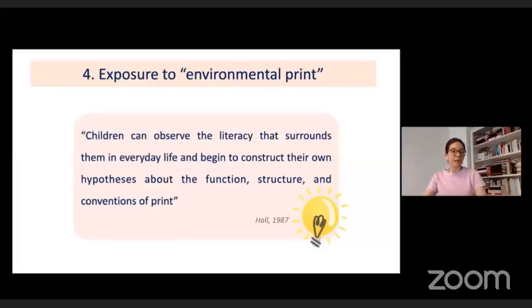And finally, exposure to environmental print is very, very important. Children can observe the literacy that surrounds them in everyday life, like birthday charts, the weather charts, mood charts, signs, labels, and they begin to construct their own hypothesis about the function, structure, and conventions of print. So when you start labeling the objects in your classroom,